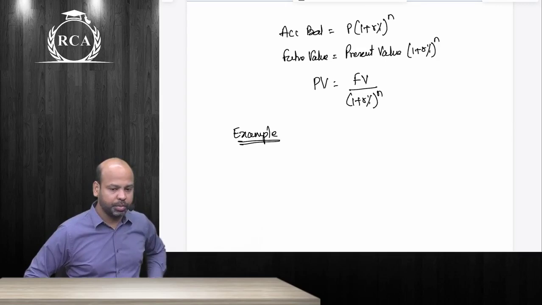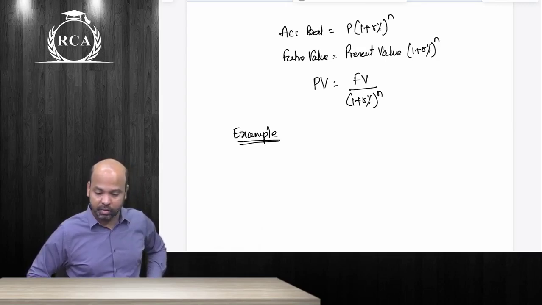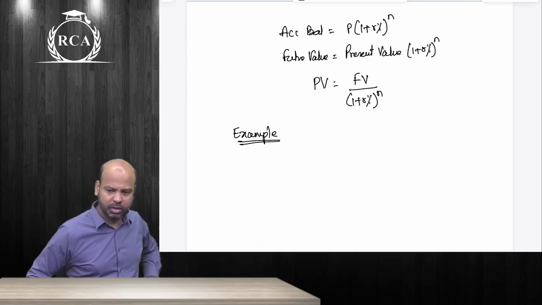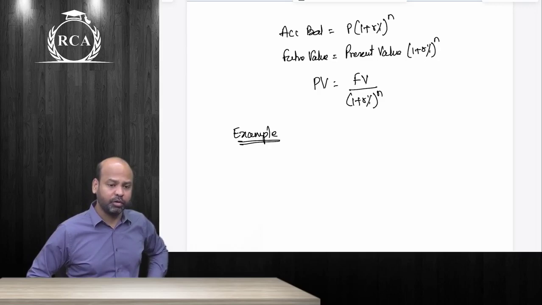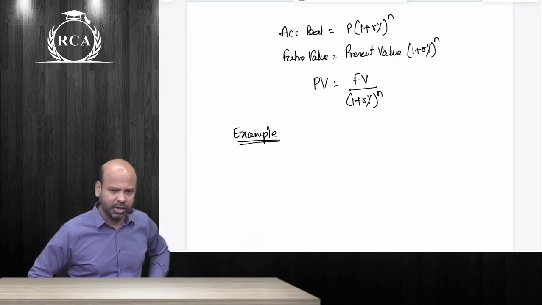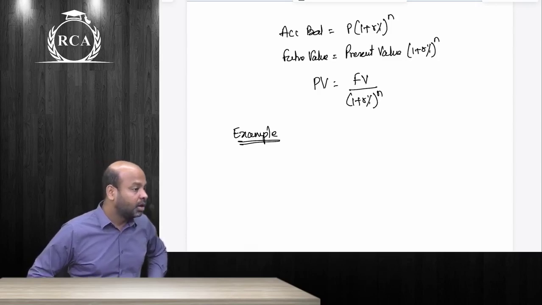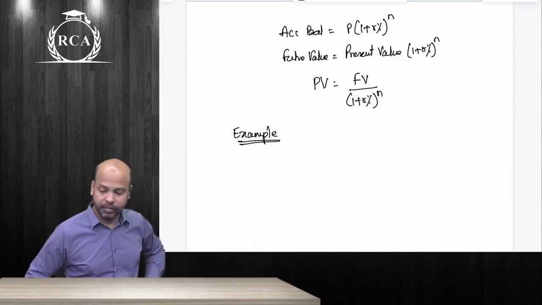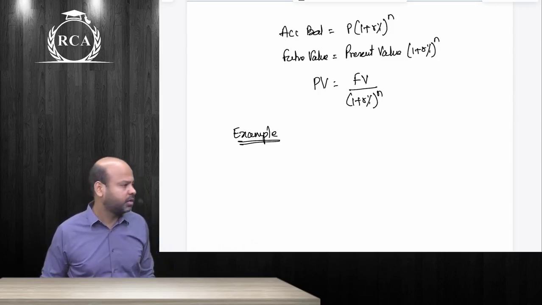A zero coupon bond has a maturity of 5 years. Example, write it down, a zero coupon bond. Zero coupon bond means there will be nothing given to you in the form of interest. You are still making a return because you are buying the bond at a lesser price and you're going to get back a higher amount on a later date.